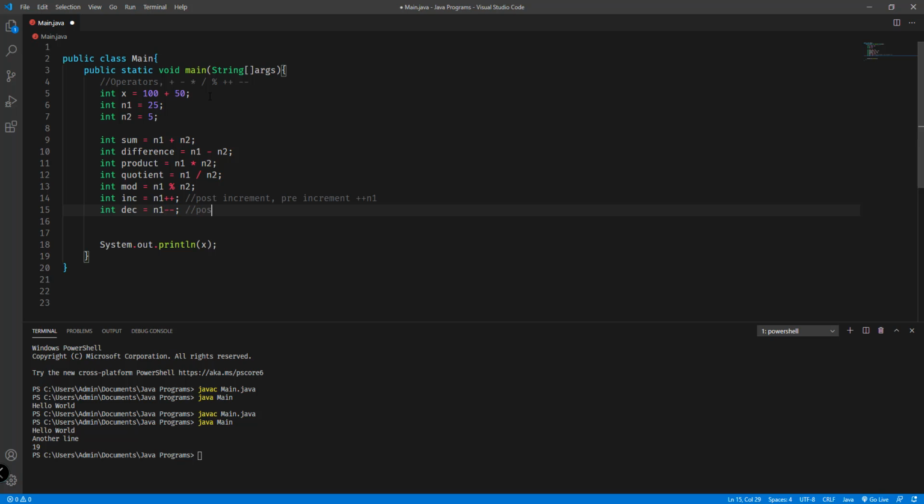Okay, this is post decrement, meaning we already assigned the value of n1 into the variable DEC before subtracting 1 from n1. But you could do also a pre-decrement, minus minus n1. Okay, so we could try to